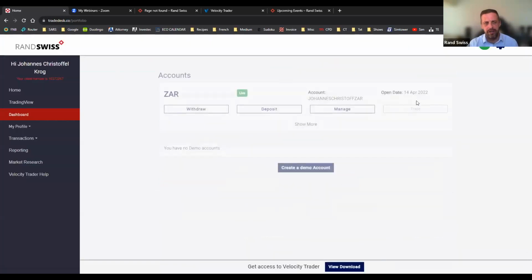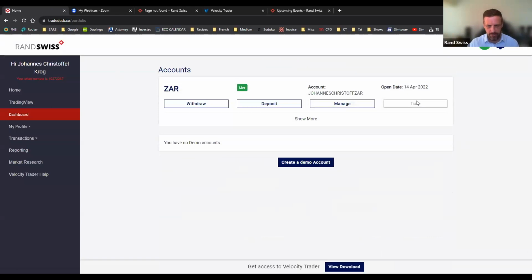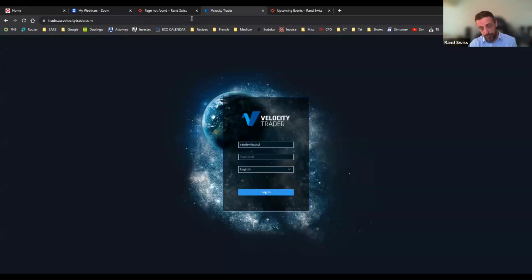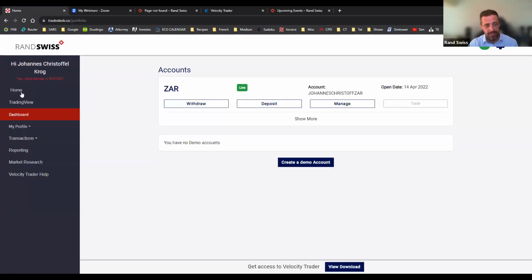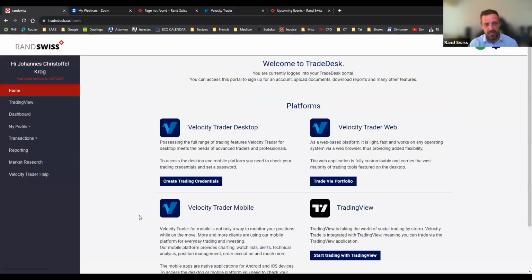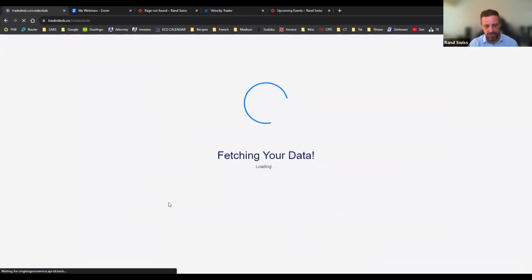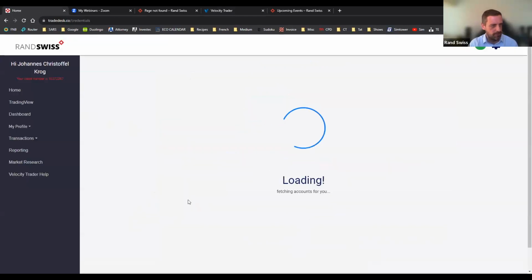Load, then trade, and it'll take you to the trading platform, okay? The other way is, if you want to use the trading platform itself, like the desktop one or this website or the app on your phone, then you need to first come and set a password. So again, you just click on create trading credentials, wait for the page to load,